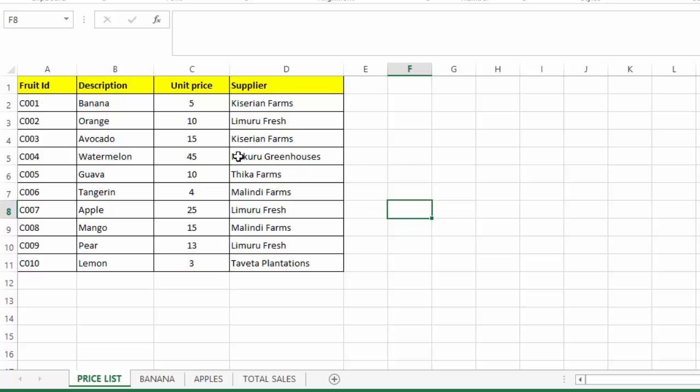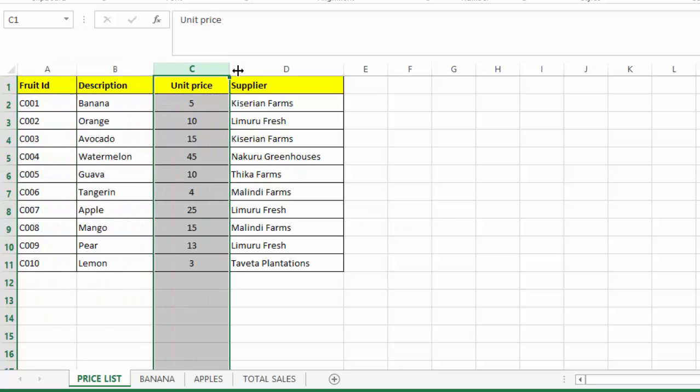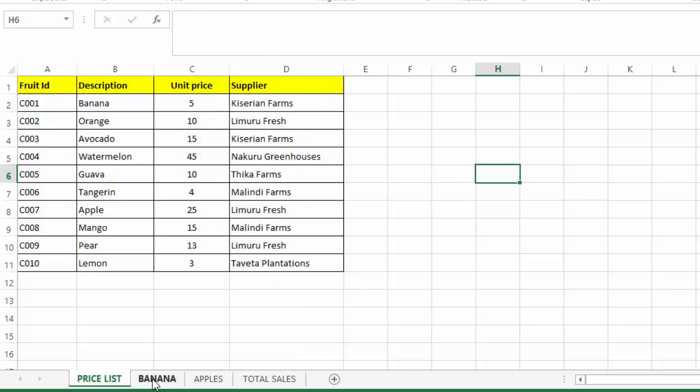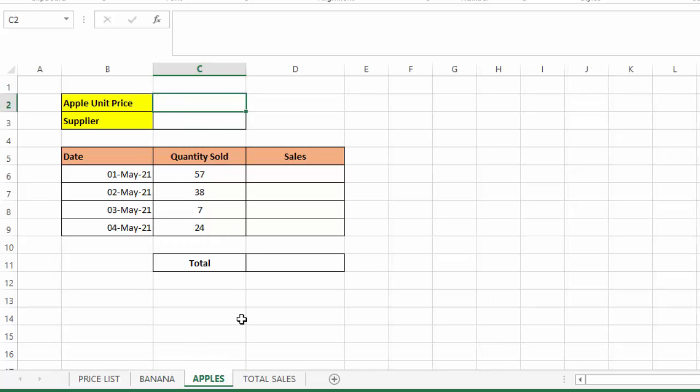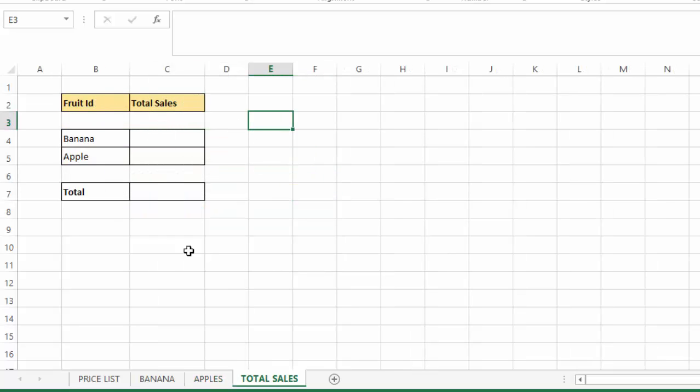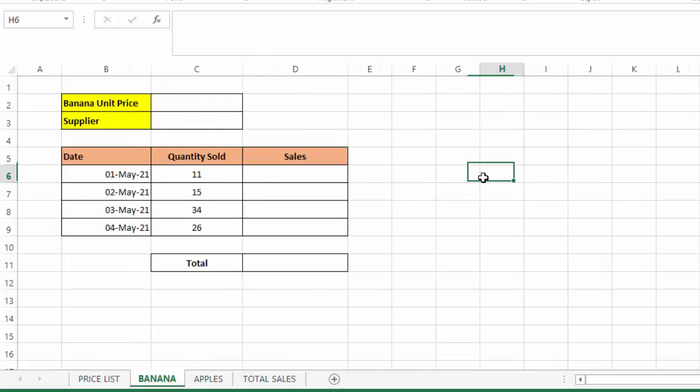First, you can see here we have fruit ID, description, unit price, and supplier. In this sheet, we want to analyze bananas only, and in the other sheet, apples only. Then I will have a summary here where I will get the total sales for banana and apples and have the total down here. Let me start with the banana